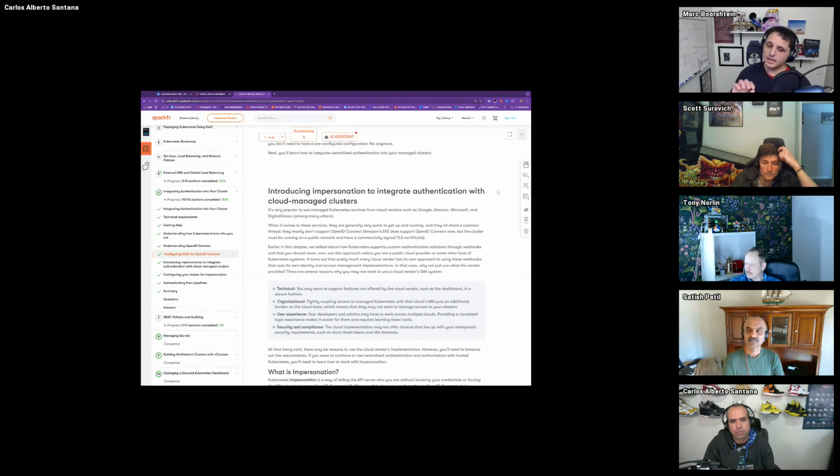Now, it'll be interesting to see over the course of, I would say, the next 3 to 4 years, where starting in 1.29, I think it went alpha, you can actually, it's not an authentication webhook, but it's the ability to tell Kubernetes to support multiple token sources, but it's not an object in etcd.